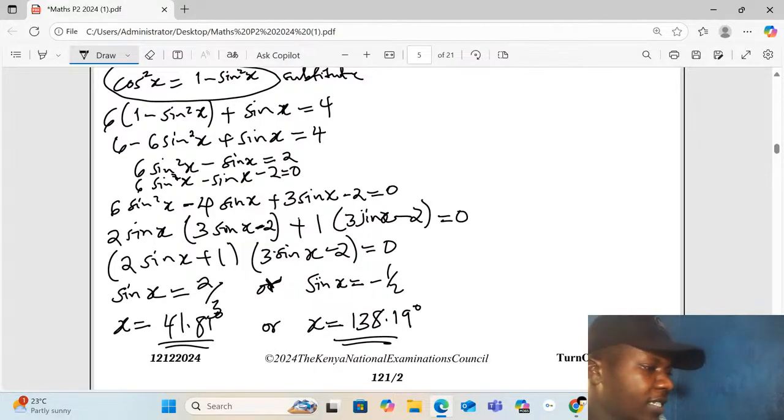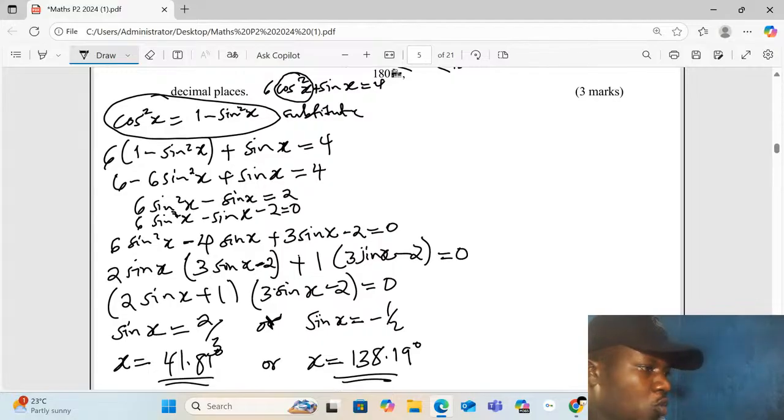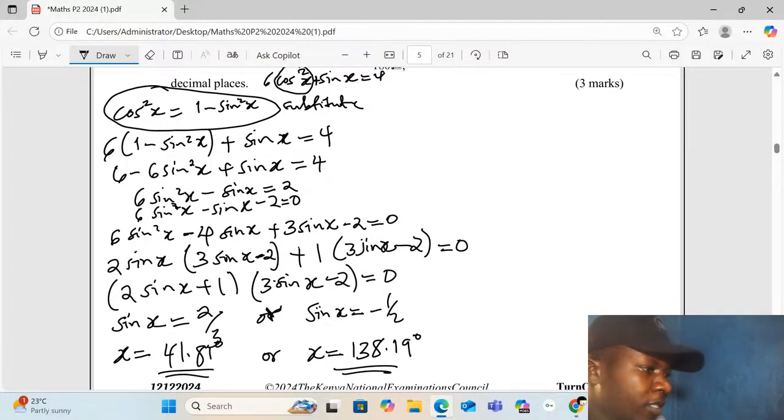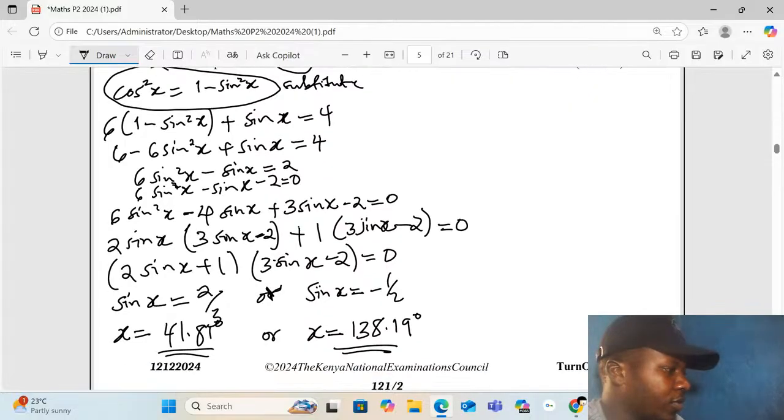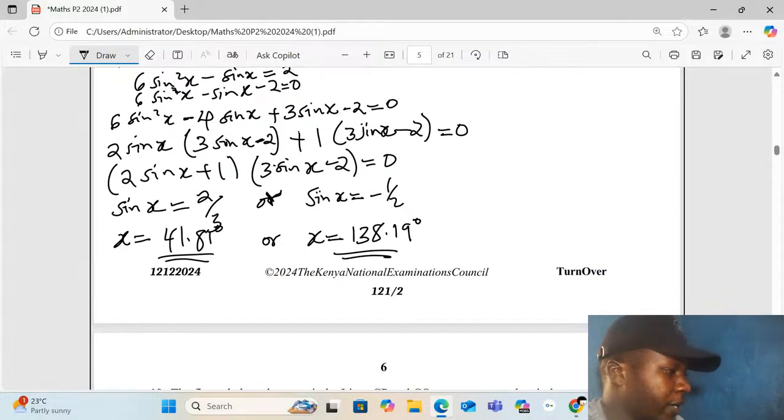So one of the x is 41.81 degrees, and the other one is 138.19 degrees. That's simple. That is how we calculate that one. We can move to question number